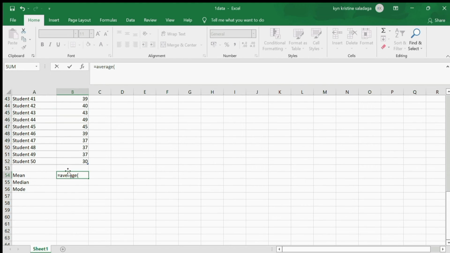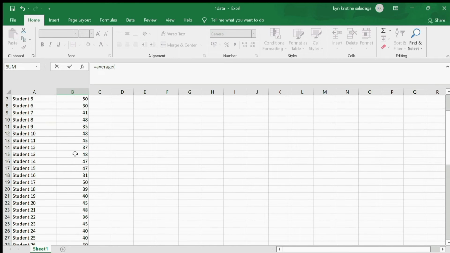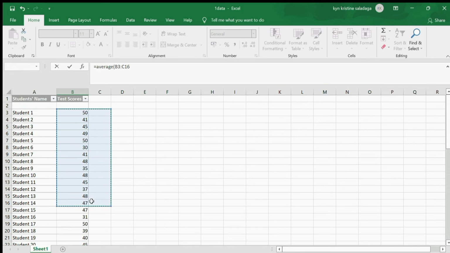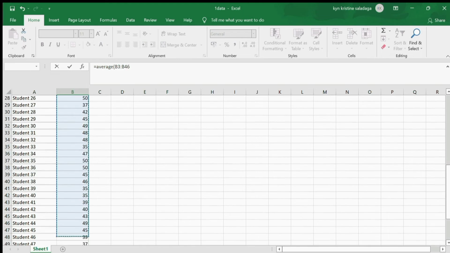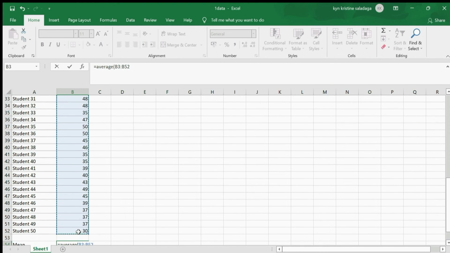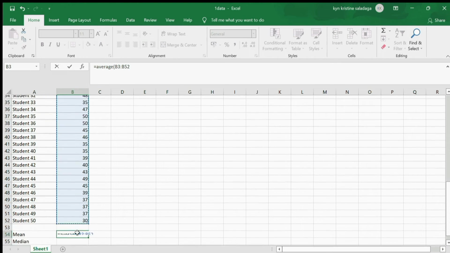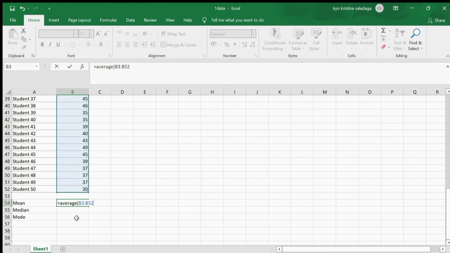Now, we are going to select the data of student test scores, from student 1 to student 50. As we can see, while selecting this data, it shows in the formula from the student 1 score to the student 50 score as the end of our selection.